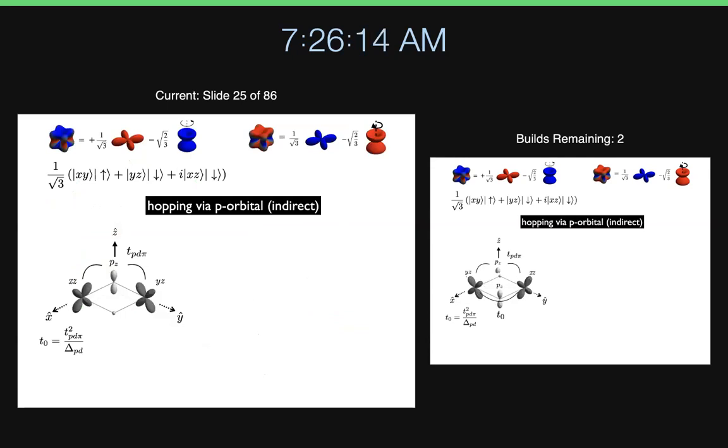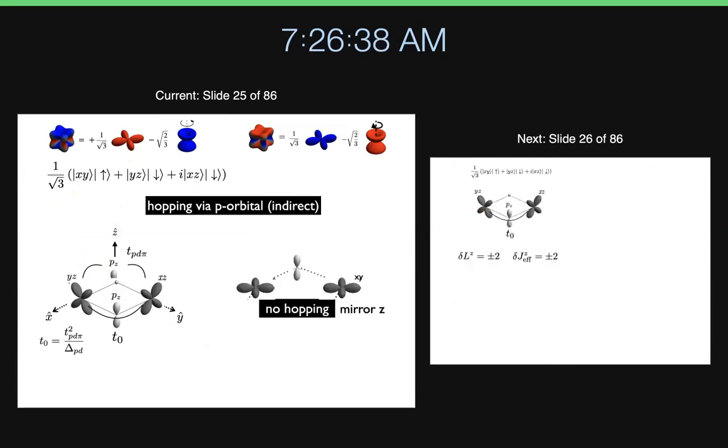Okay, good. So then remember that these are made out of those. So we have to think about all the t2g orbitals, how they hop around. And this interaction, called t naught, is going to be the dominant one. Then, as I said, there are two processes. One is upper here and the other is down here. And both of them together will give us a finite spin interaction. On the other hand, on this Z bond here, the p orbital going through the indirect hopping is forbidden.